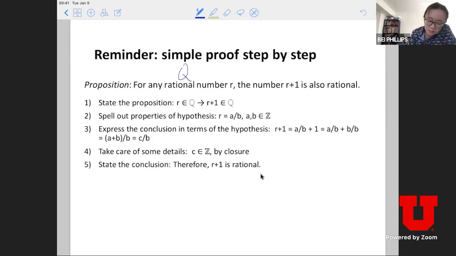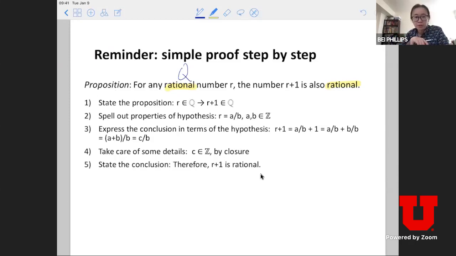So whenever we are looking at rational, hopefully this is covered in the video you watched, one of the properties of being rational, or actually the definition of being rational, is that it can be expressed as an integer divided by another integer. So it can be expressed as a divided by b, where a and b belong to Z. Okay, in order to prove this proposition, there's essentially 5 steps.